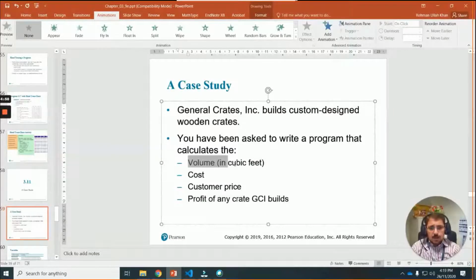It will calculate the volume in cubic feet of the crates, the cost of the crates, the customer price, and profit of any crate that the company builds. Meaning to say the profit for the company. So you will have to calculate this volume, cost, customer price, and profit.